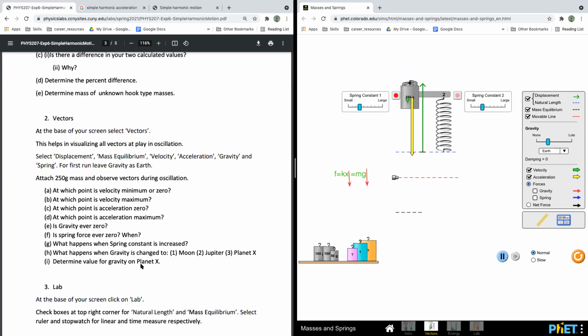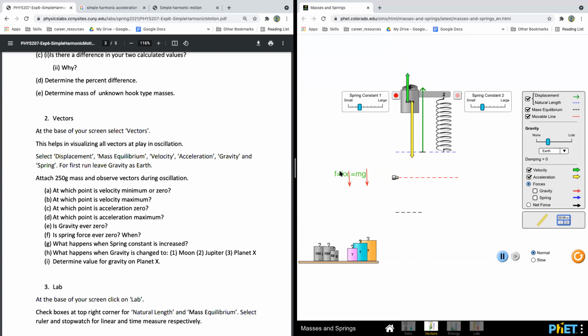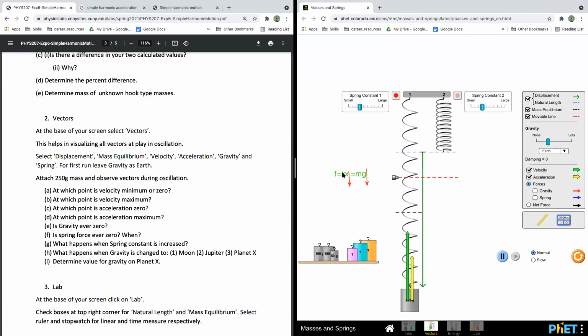And determine the value of gravity on planet X. So how do we determine the value of little g? We know k, so basically you can calculate k on Earth. You will have mg, g you also know is 9.81, and you can calculate the k constant. Because this k constant is a physical property, it doesn't change whether it's on the Moon, Jupiter, or planet X. It's just like your mass. It doesn't change. So then you use this constant, and the x you can measure